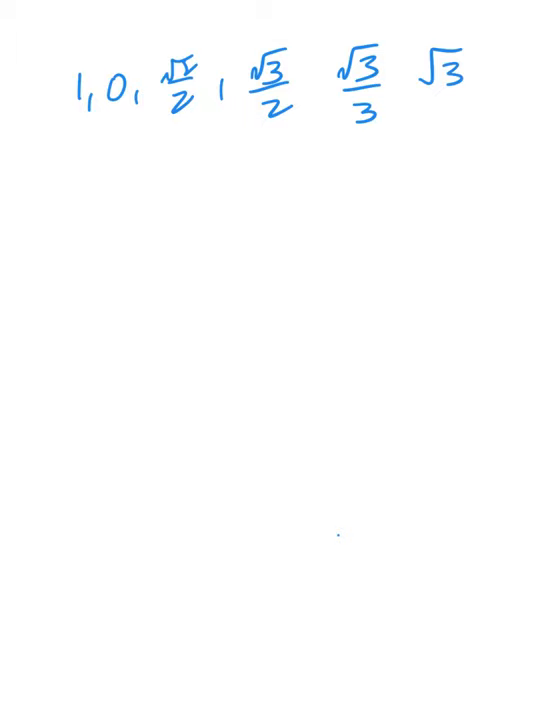Circle if you see ones, zeros, root 2 over 2, root 3 over 2, root 3 over 3, root 3, root 2, negative 1, 1/2, negatives and positives, all the negatives and positives of that. If you see those numbers, look at your unit circle. And when you look at your unit circle, trust me when I tell you,